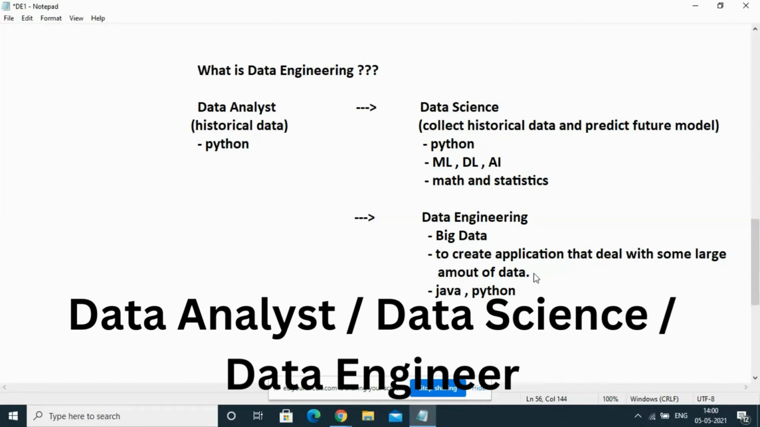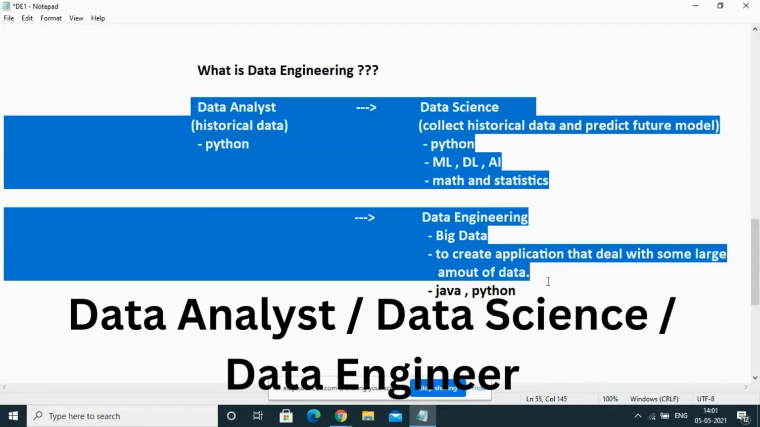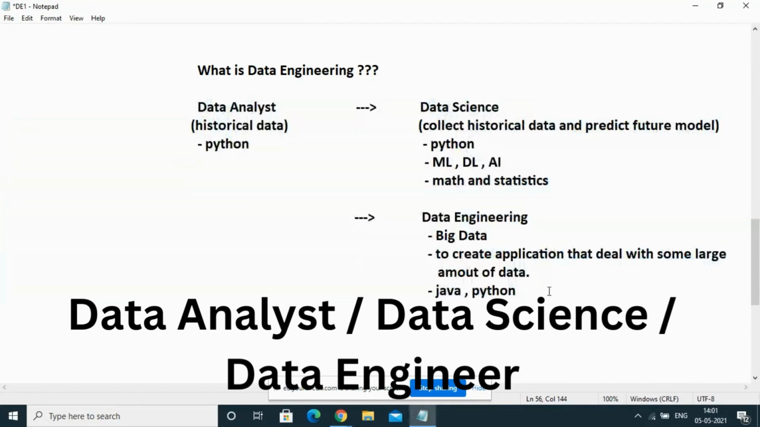Fine. Okay. So that's what we're talking about. My main purpose is to talk about the difference between these three designations, you can say, or career options in data-driven technologies, right? Fine. So our focus is